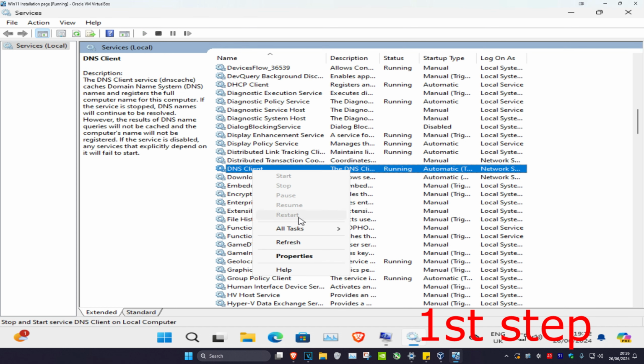Now for the second step, you want to head over to search and type in view network connections. Click on it. Now once you're on this, you want to double click on your network adapter, and then click on properties, and then click on Internet Protocol Version 4. Now you want to tick use the following DNS server addresses. You want to make the first line 8.8.8.8, and you want to make the second line 8.8.4.4, and then click